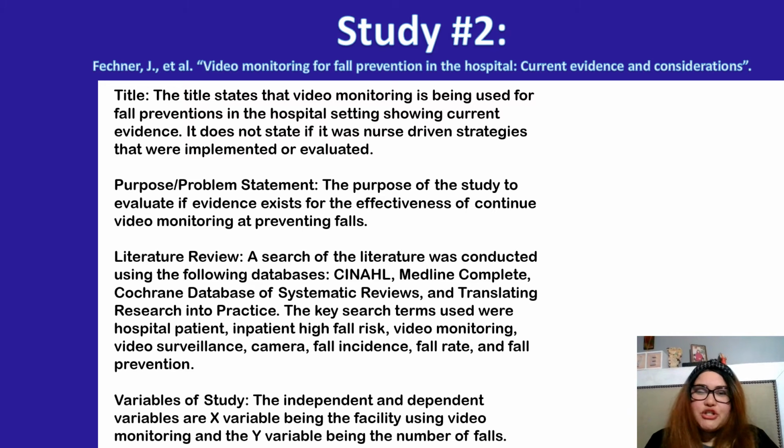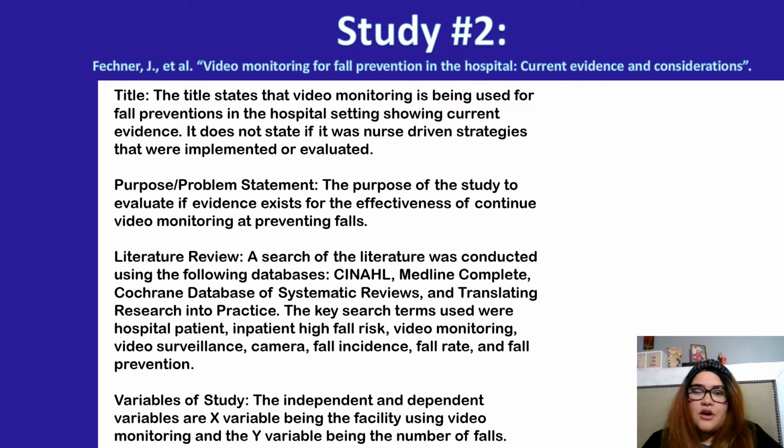For study number 2, I have video monitoring for fall prevention in the hospital, current evidence and considerations. As this title states, video monitoring is being used for fall prevention in the hospital setting. It did not state if this was nurse-driven strategies that were implemented or evaluated. The purpose of the study is to evaluate if evidence exists for the effectiveness of continued video monitoring at preventing